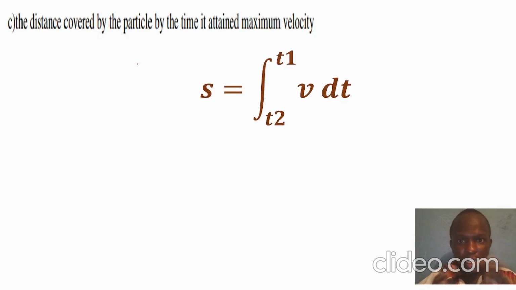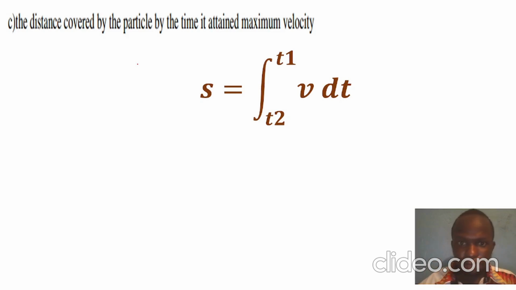So this is going to be a definite integral that has limits, an upper limit and a lower limit. So let us see what is going to happen. S is equal to, like you have seen, the integral of v. For us to get displacement, we'll have to integrate a velocity function. So S is equal to the integral of velocity from t2 to t1, where t2 is the lower limit, t1 is